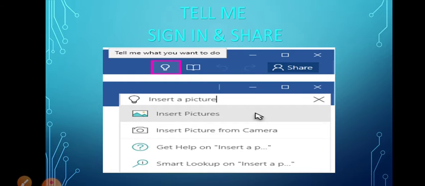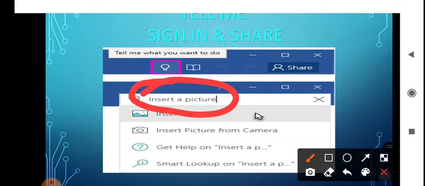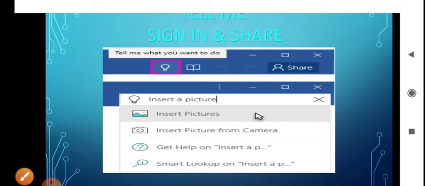Means if you don't know where any option is, where are the shapes, where is the insert picture, where is the word art, where is the font, then for that purpose, if you directly write in the Tell Me option, now see, they have written insert picture, so directly the option has come down, insert pictures.